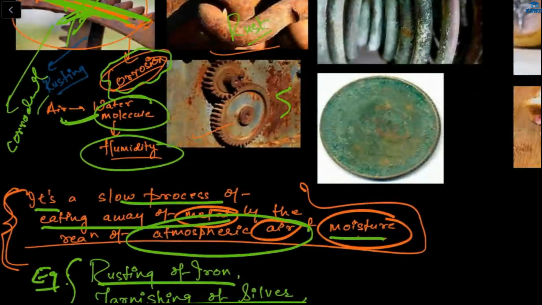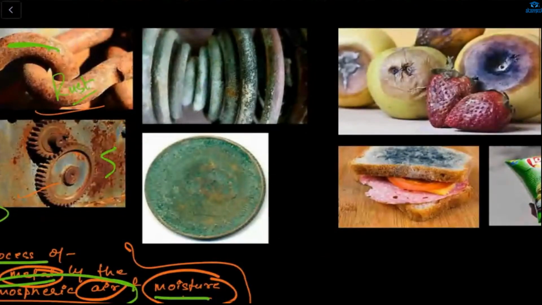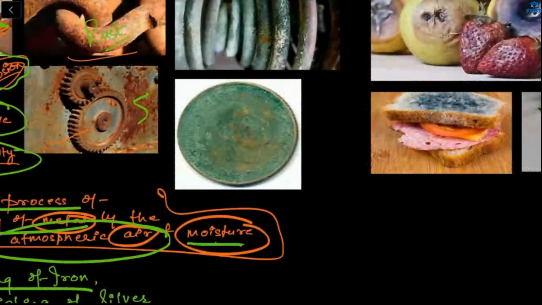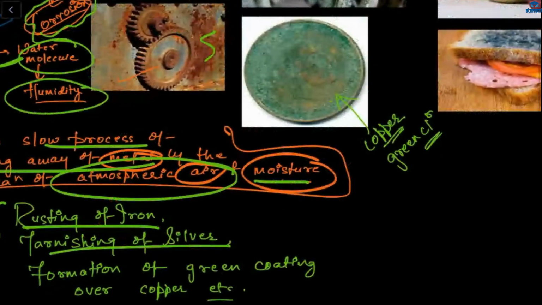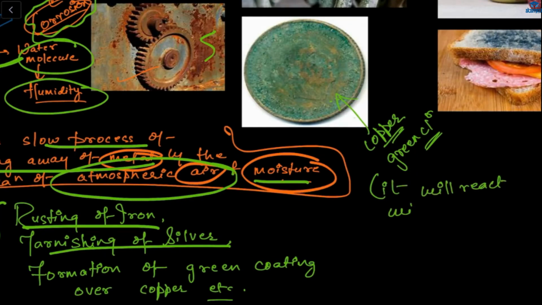Now, see, corrosion of iron is known as rusting, but this is the corrosion of copper. This is not rusting. The corrosion of iron is of chocolate color, but this is the corrosion of copper, which is of green color. Why is it green? Any idea? Like fungus? Fungus. Yes, and also because it reacts with copper carbonate. That's why its color is green. It will react with copper carbonate. Okay, let me write.